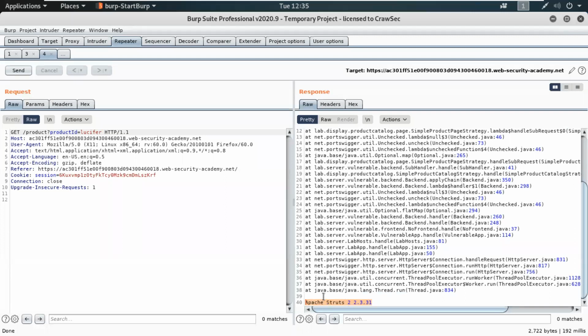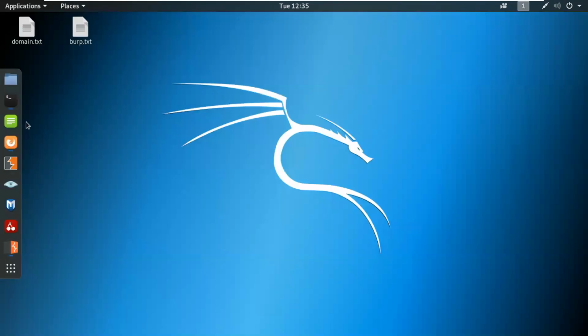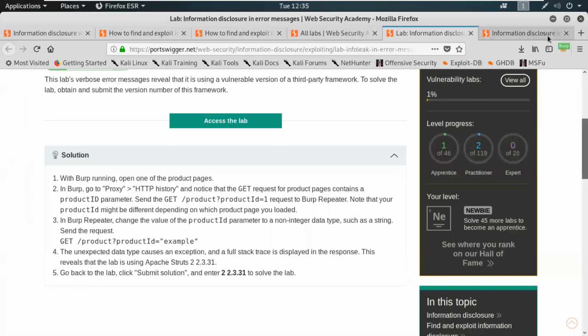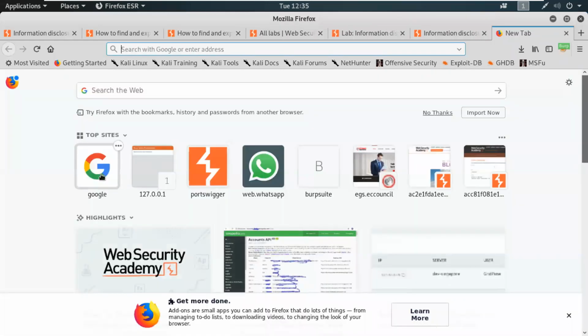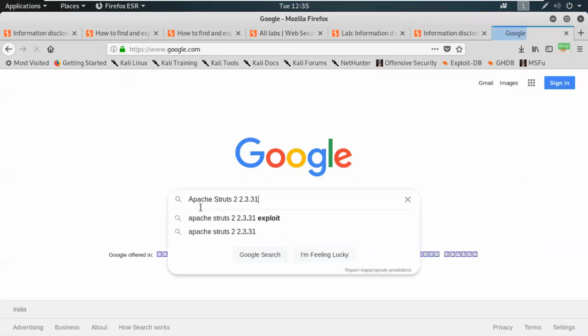Now this is known as the banner grabbing part, where you have to find the services and their versions which are running in the backend. Remember one thing: if you find some sensitive information from any of the services from the client side, look for the exact vulnerability. And the first thing I can see is Apache Struts.